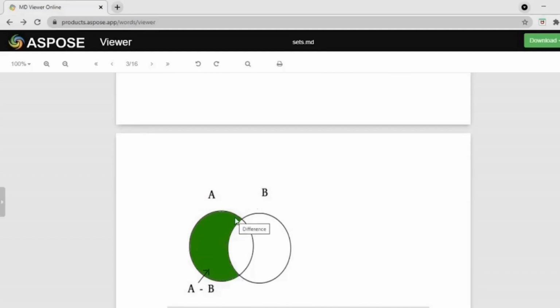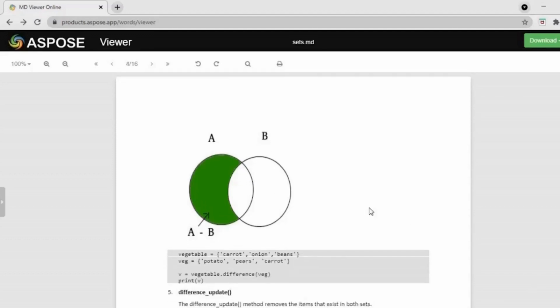That is, elements that are there in A but not in B. So that is called A minus B. This Venn diagram shows how A minus B is represented.